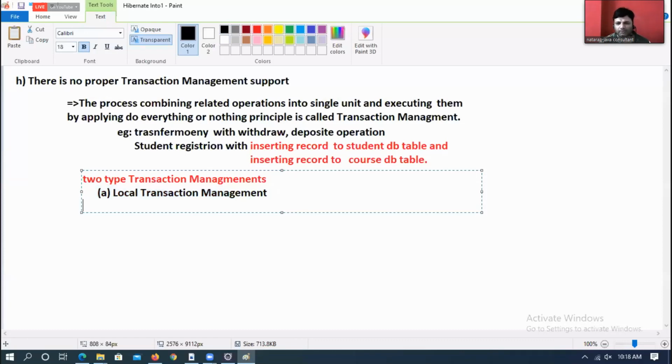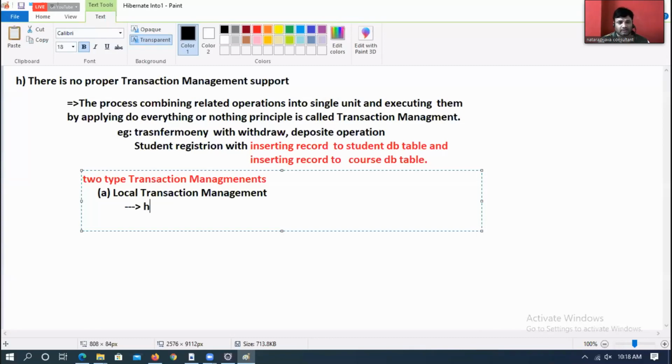What do you mean by that? Everyone concentrate. What do you mean by local? All the operations of the transaction management will happen on a single database software.